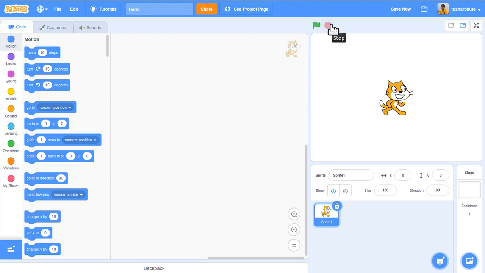Now next to that we have some options like visibility of the output window. Before that, let's see what exactly the output window is. This is what we call the output window. This is the program window, and this one is called the output window, and in the center of it we can see one small image of a cat. That image, or that cat, is called a sprite.